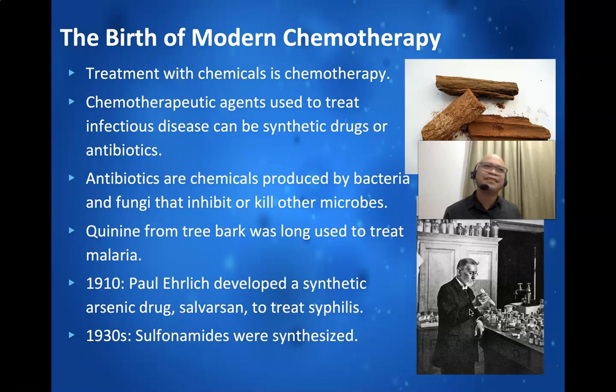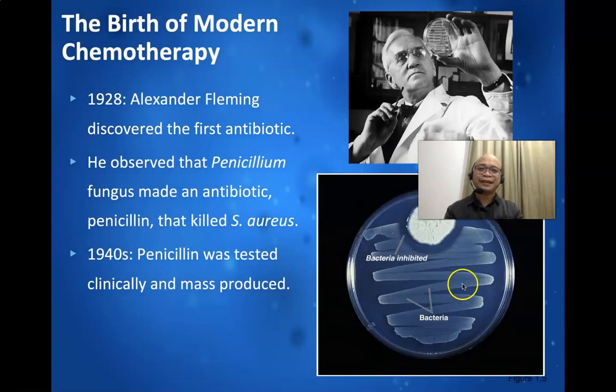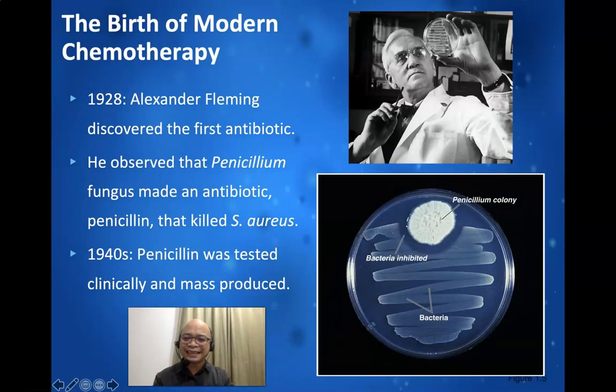And why do you think it's very difficult to formulate salvarsan? Because of the principle of selective toxicity. You do not want the compound to be harmful to the pathogen and at the same time harmful to the host as well. You just want it to be harmful to the pathogen, not the host. And in the 1930s, sulfonamides were also synthesized. However, it was only in 1928 that the first naturally occurring antibiotic was discovered by Alexander